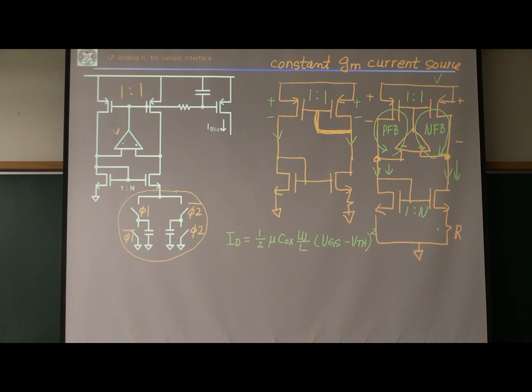You can easily derive the current equation. So this VGS should be on the left-hand side. This is VTH plus the current divided by